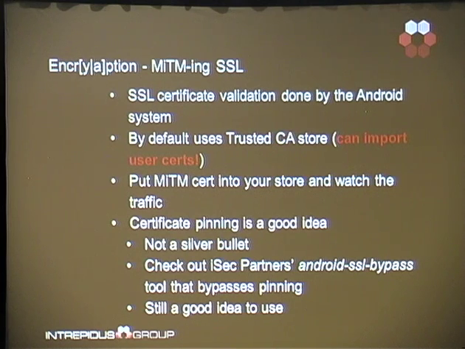So if, as an attacker, you end up pushing your certificate into the trust store, you can now see the traffic. Well, before Android 4.0, you could use the KeySource BKS trust store, but you had to be rooted to push your signing certificate into that store. With Android 4.0, things have become a lot easier. You can now use user certs, which means that all you have to do is just put your signing cert on an SD card and just import it. And that's it. Now your system trusts any certificate that it sees.